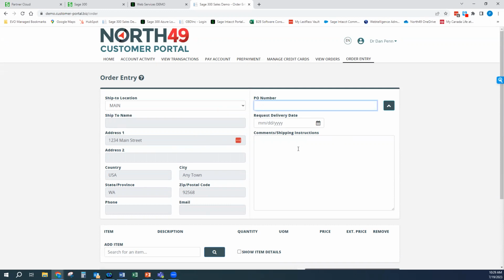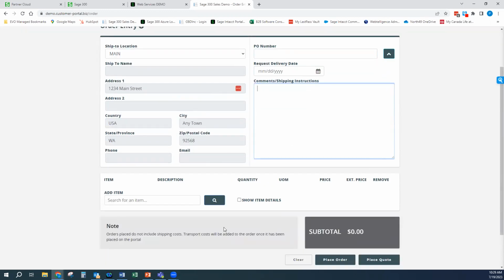You can provide a PO number, some shipping instructions, all that good stuff. Now remember, we don't have any data here. So in order for me to get some information on this add item line, I have to type in at least 3 characters of an item number, the item description, inside of Sage 300, any of the 4 additional